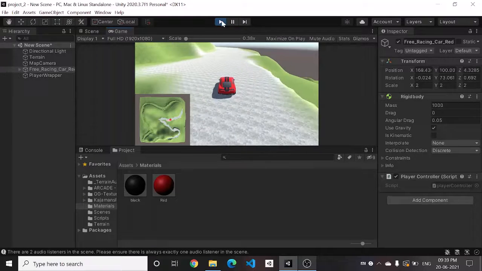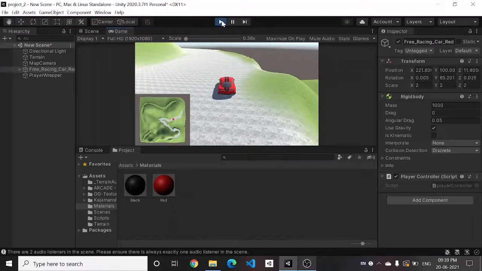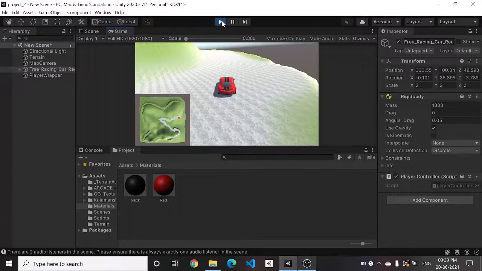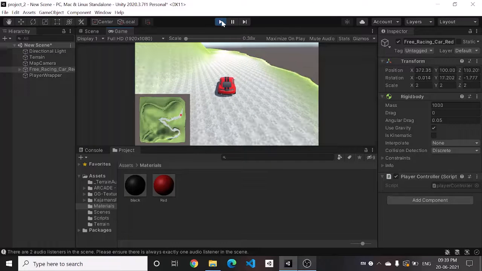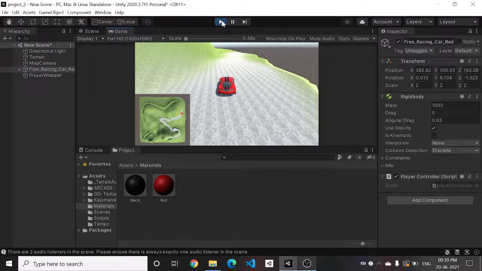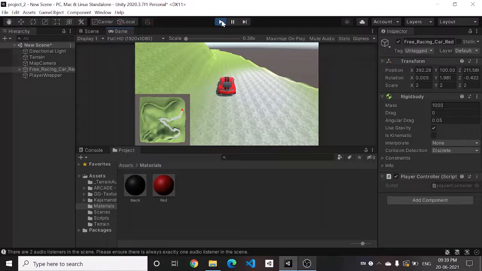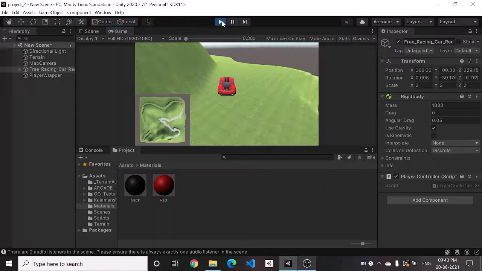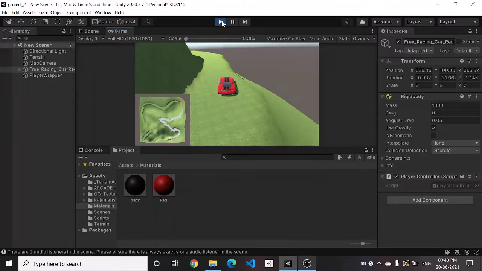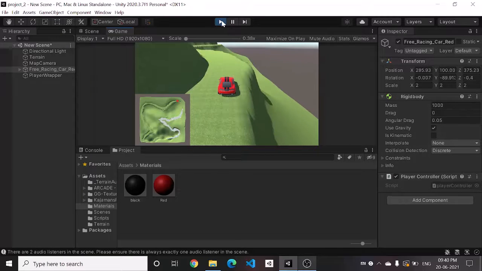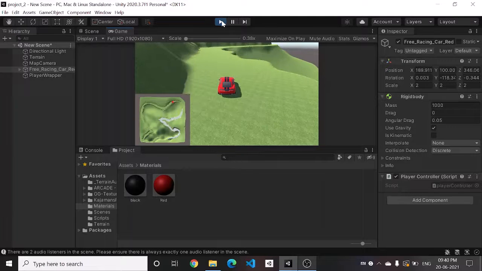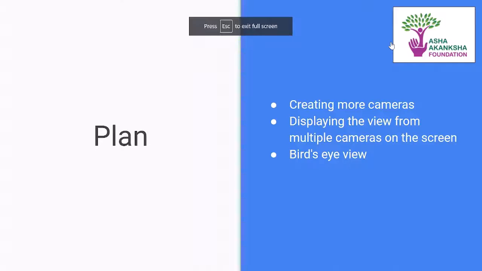Right, so you can see that the small red dot here is moving along with us. And we can even spot and predict whatever is going to happen in the future by looking at the small bird's eye view we're providing.